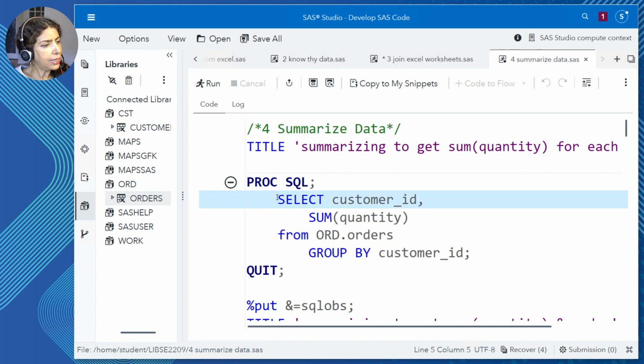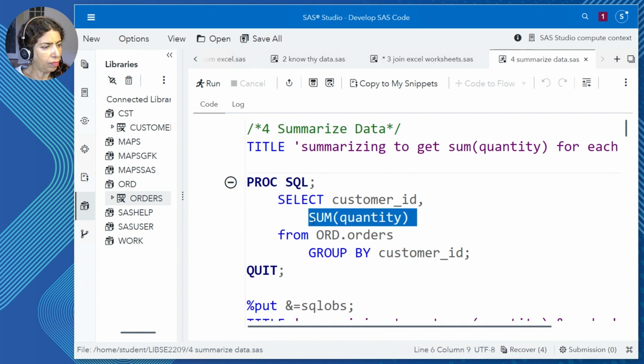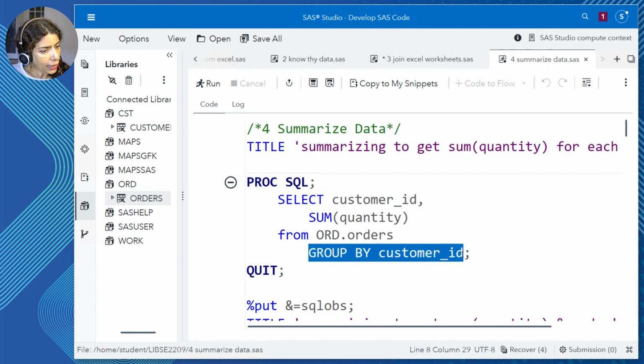So how do I tell SAS this information? On the select, I have customer ID certainly, and then I have sum of quantity, and that's where I provide my summarization. Looking at this, SAS will say, oh, you got the group by. So I'm going to roll up every customer. If they have multiple times that they purchase, I'm going to roll them up into a single row and I'm going to add up all the quantity they purchased and stick that in one row for each customer.